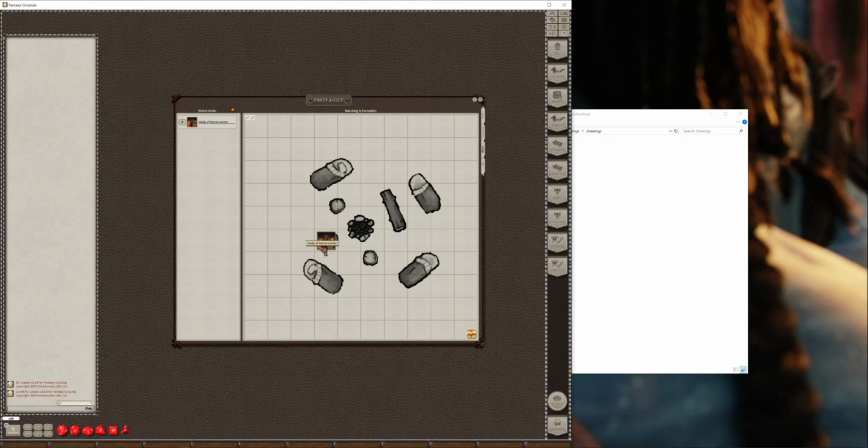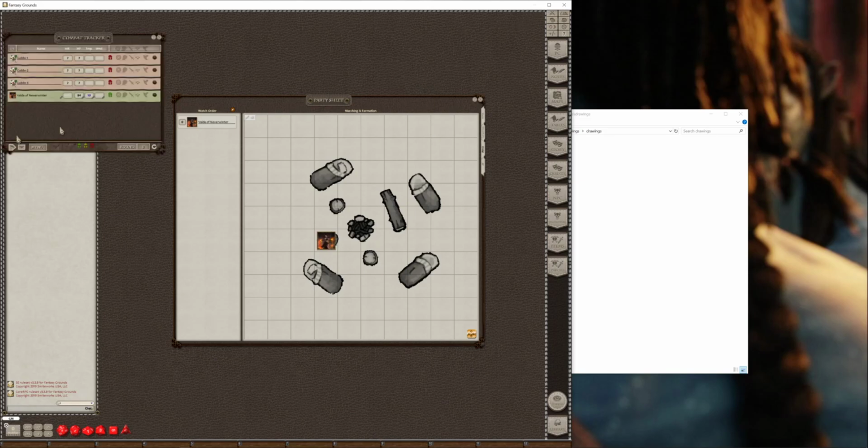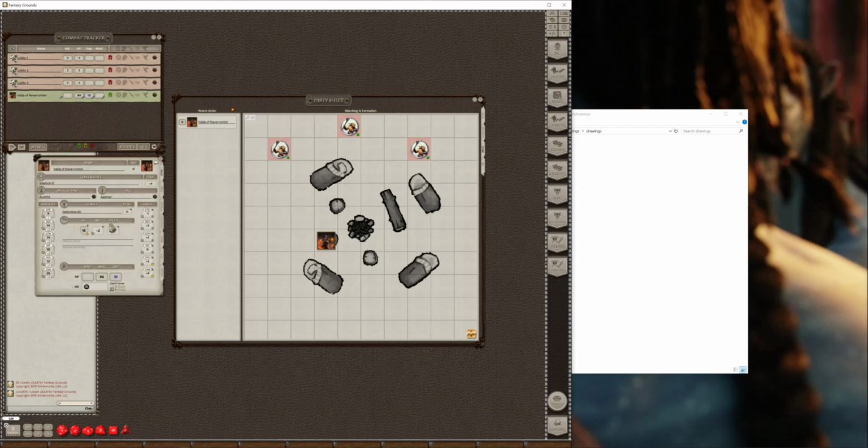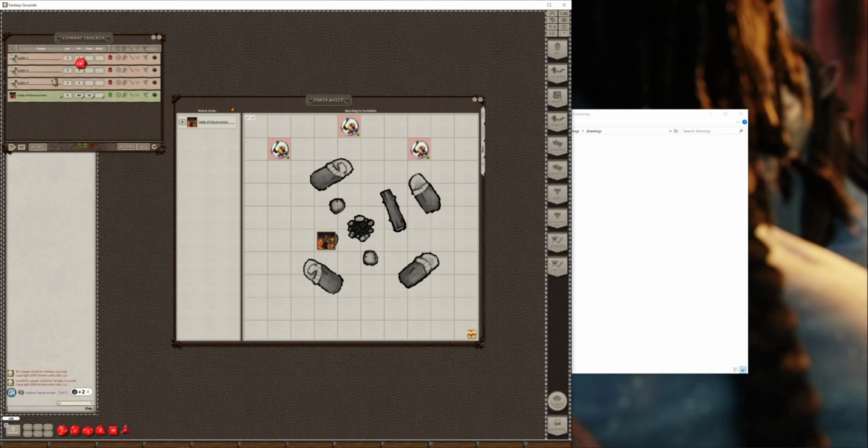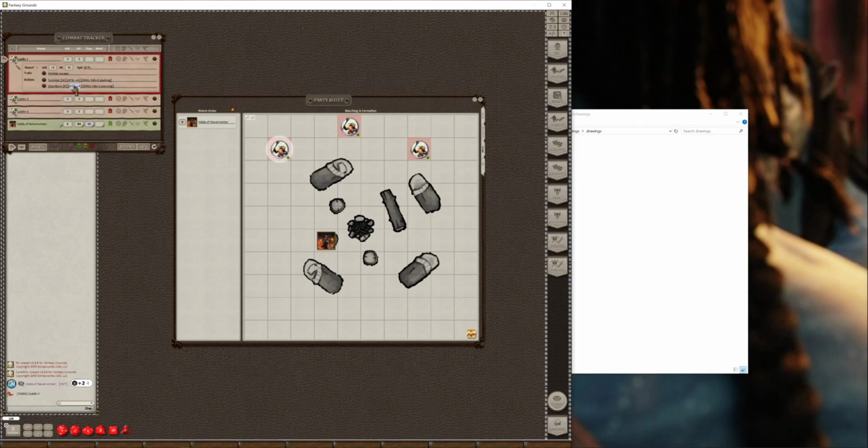I'm going to assume Valda's on watch here, and I'm going to show you that even if I bring up the combat tracker, I can drag these goblins in, and you'll see they're invisible. The players would not see them. And then I could literally lock the tokens here, just like normal. And then I can reveal the tokens and tell Valda, oh, while you're on watch, 3 goblins attack, and then I could have Valda roll for initiative, and she rolled lower than the goblins did, so the goblins would go first, and they're gonna shoot short bows